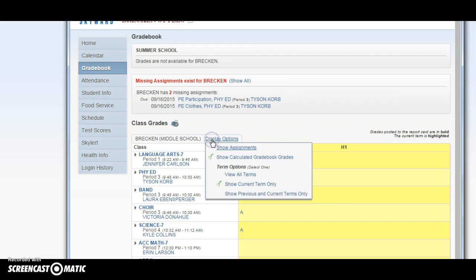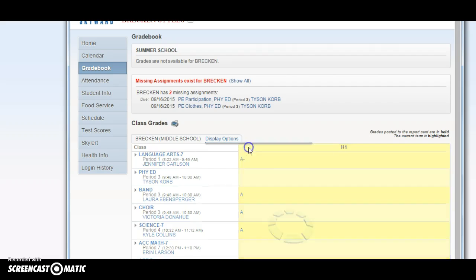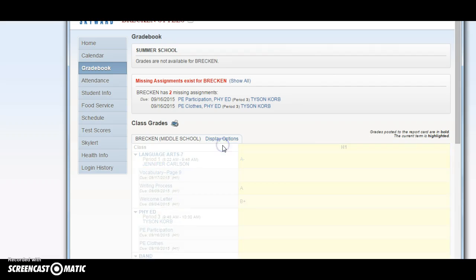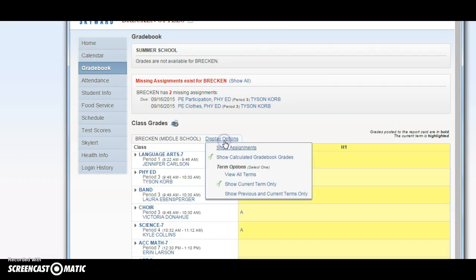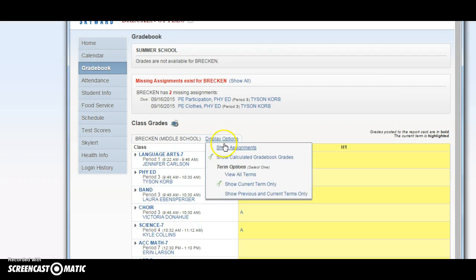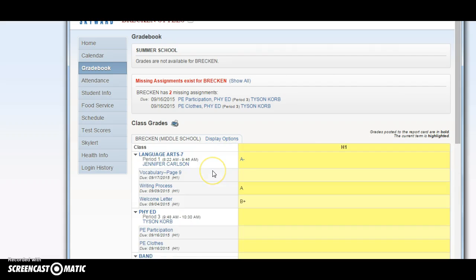There's multiple display options you can do. You can have the assignments shown, which brings up the assignments, or you can click off that if you just want a summary of where they're at. You can view all terms, you can view only the current terms, so there's lots of options for you to click on as far as that goes. And again, the idea is that you're engaged so that you know where they're performing and